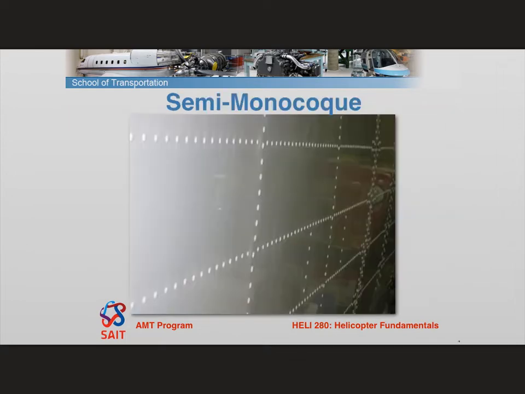So the next common replacement for that is semi-monocoque structures. Now, like a monocoque, there's still a certain amount of load being taken by the skin. However, a lot of the structure underneath is reinforcing that and supporting that. So what this means is it's lightweight, but it's heavier than monocoque, but it's cheaper to manufacture, and you can repair